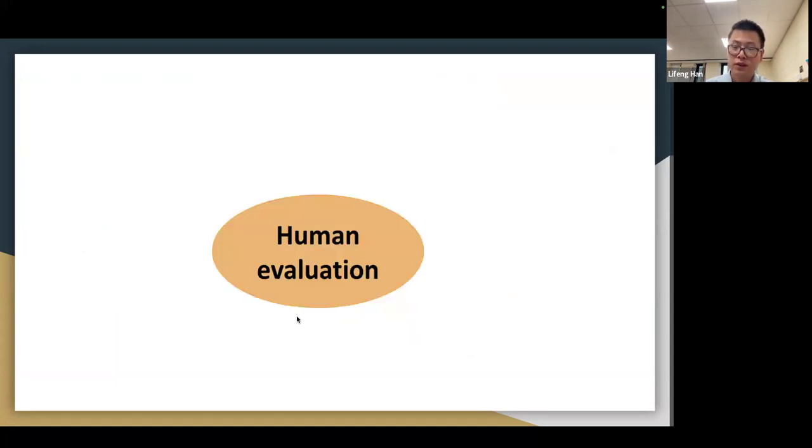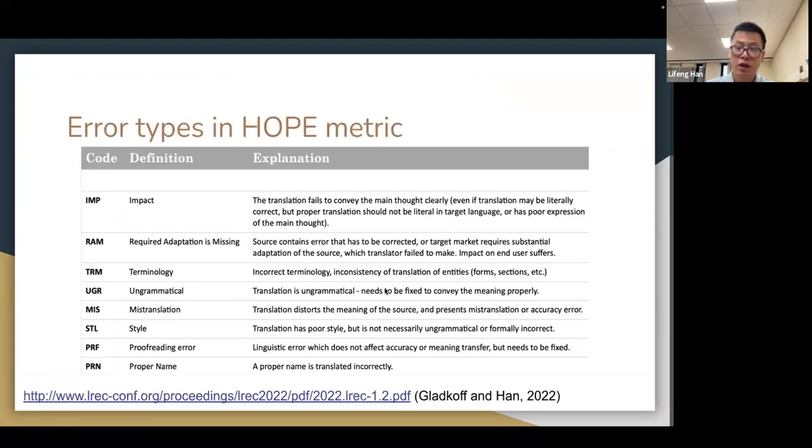Then we carry out a human evaluation step. That is another big step for this CantonMT project. Firstly, we want to find a proper human evaluation metric. We found the HOPE metric from the Language Resources and Evaluation Conference 2022 by Gladkoff and Han, where they defined 8 error types and different error severity levels, which include